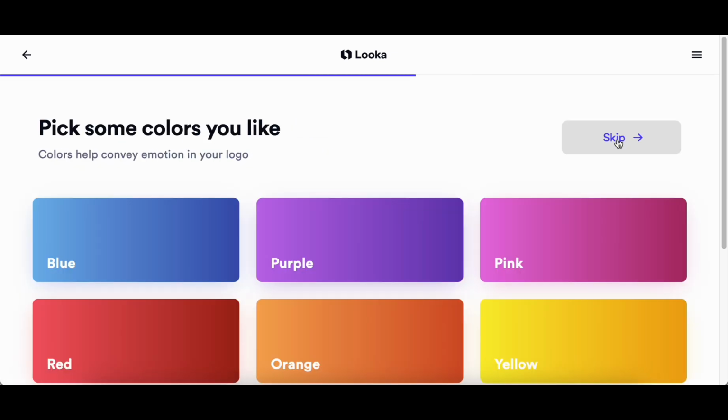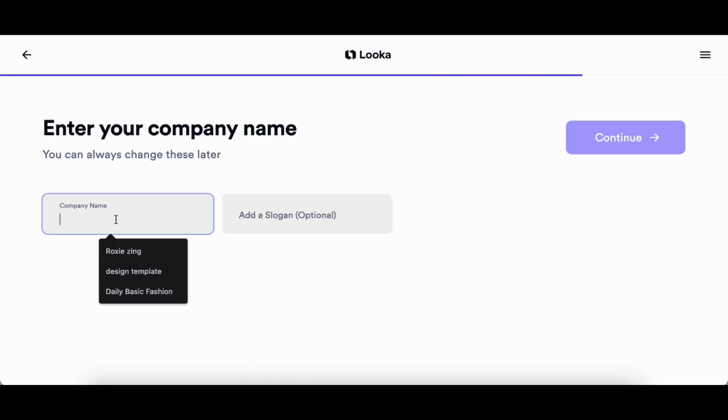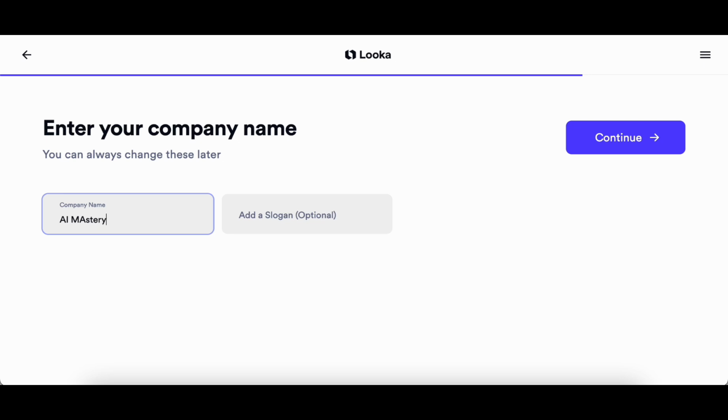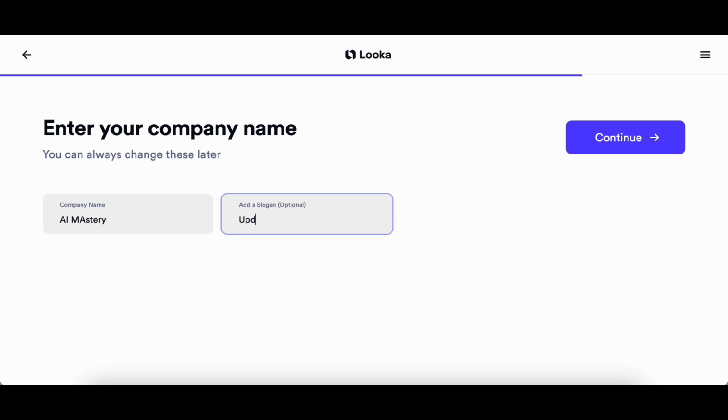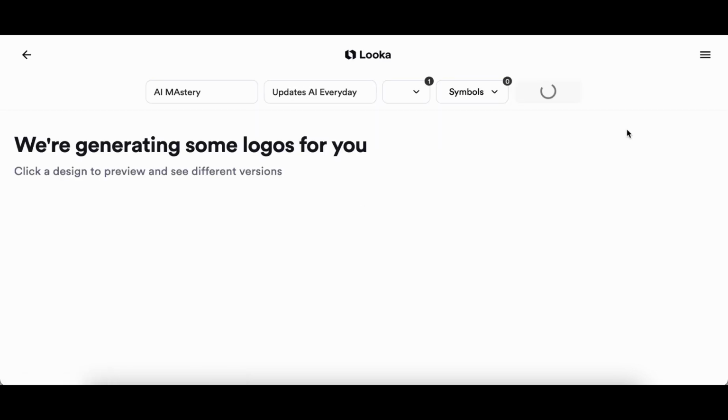To initiate the logo creation process on Looka, users are prompted to input their company name and specify the sector in which they operate. This initial input serves as a pivotal anchor, offering Looka Logomaker insights into the distinctive characteristics and industry nuances that should be reflected in the logo. Armed with this information, the AI engine kicks into action, generating unique logo ideas that encapsulate the essence of the